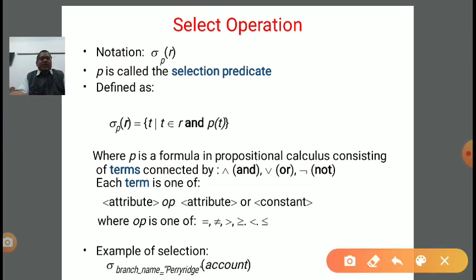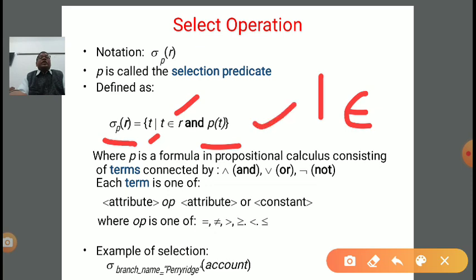If you see sigma of p in bracket r, meaning it is a set, it will give a set of tuples t such that, vertical sign is for such that, t belongs to r relation and p of t, predicate should also be satisfied. So it will result into those tuples which satisfy the given predicate.